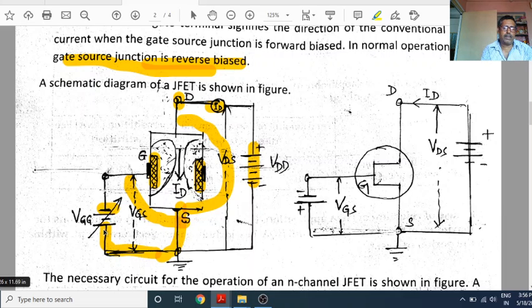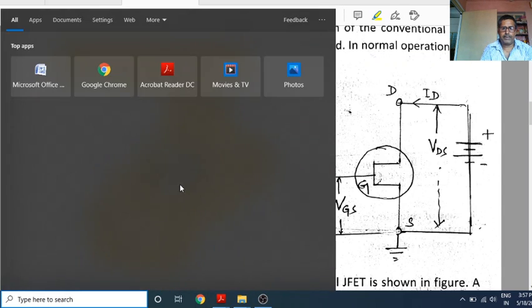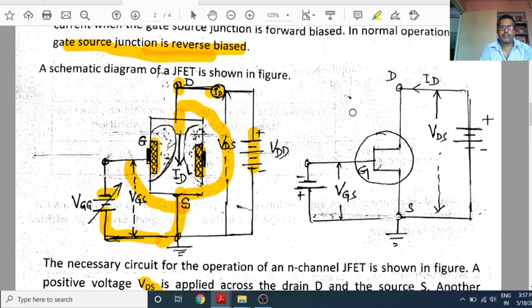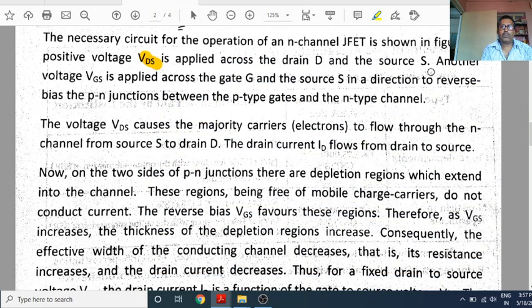When you apply positive voltage at the drain, electrons will be attracted and move from source to drain. Actually, electrons move from source to drain, but the drain current ID flows from drain to source.